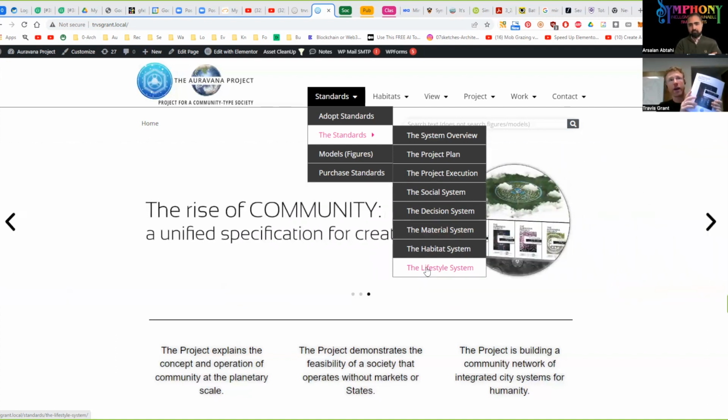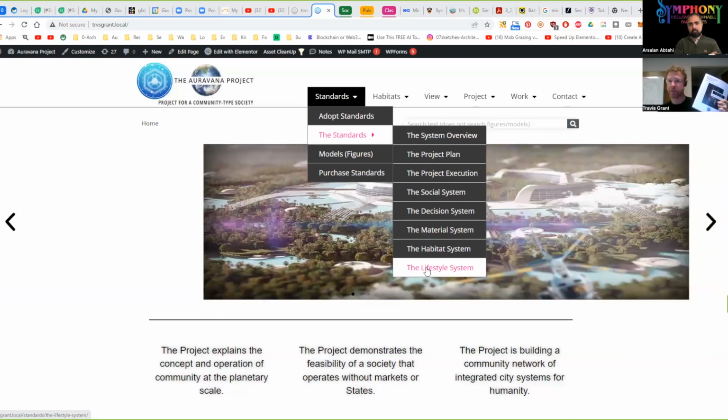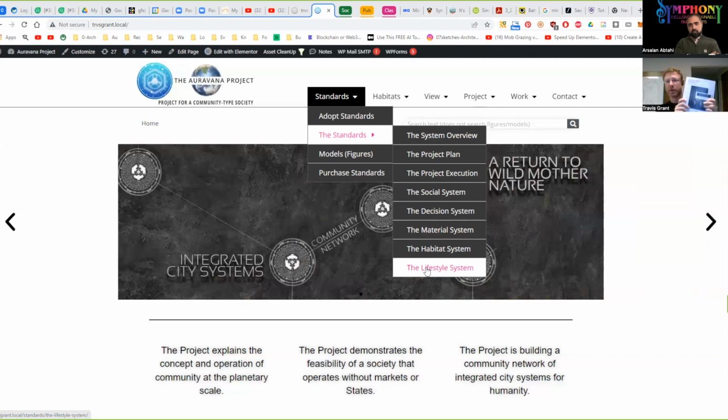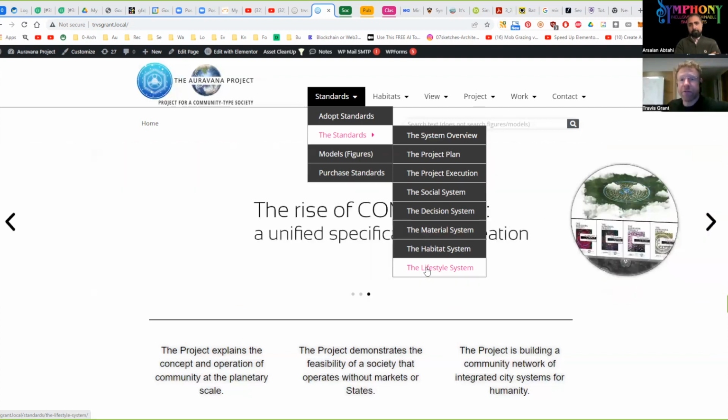Essentially, you could look at it as the concepts that direct our lives, a social navigation system. It's the direction, orientation, approach to how we connect with one another and our material environment. So this is the social system document. Next, we have